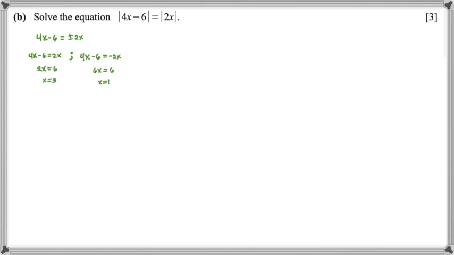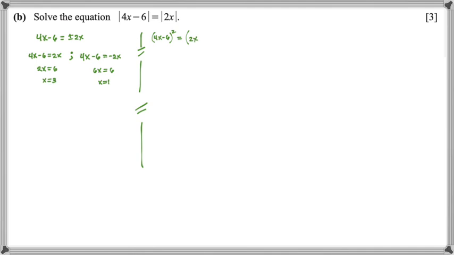And I think those are the answers already. On the other hand, if you want to solve this in another way, there's also another way. Okay, in this manner, we can square both sides of the given equation. So you get 4x minus 6, squared, is equal to